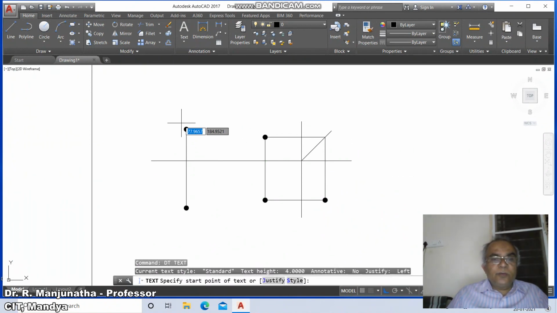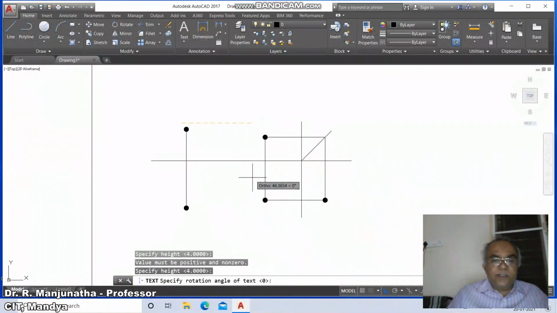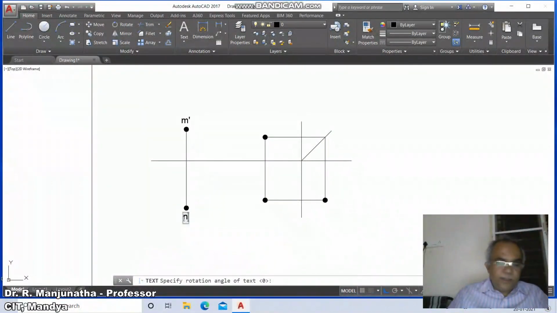So here you mark these points as m dash and rotation angle. So go to m dash and here which is m, and similarly here it is n, this is n dash, and this is n double dash.